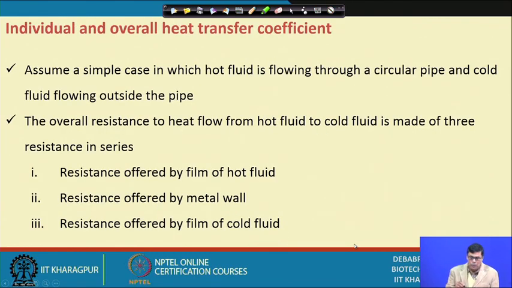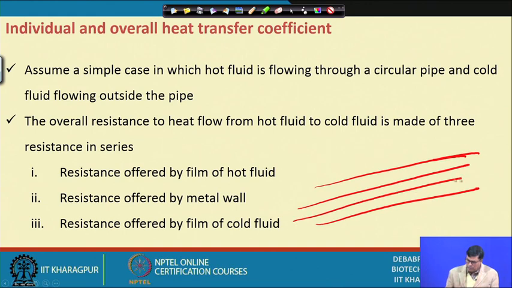Now, individual and overall heat transfer coefficient. Assume a simple case in which the hot fluid is flowing through a circular pipeline and cold fluid is flowing outside the pipeline. So, it is a kind of annular arrangement. The hot liquid is flowing through a circular pipeline and the cold liquid is outside the pipeline. So, here might be cold, and this is hot, am I right? So, the overall